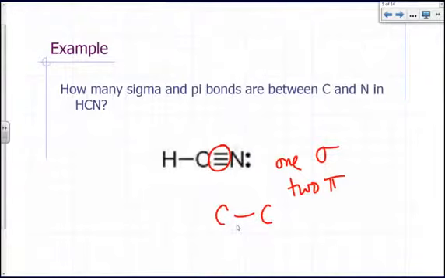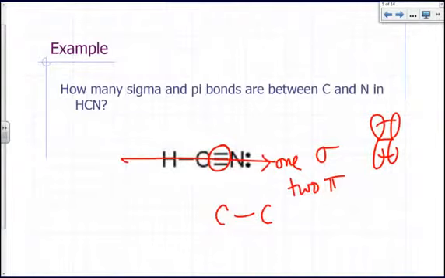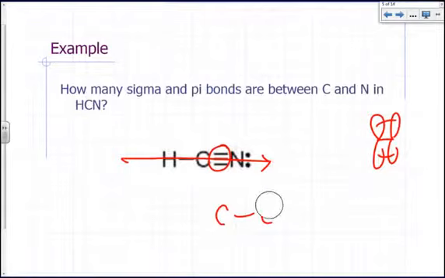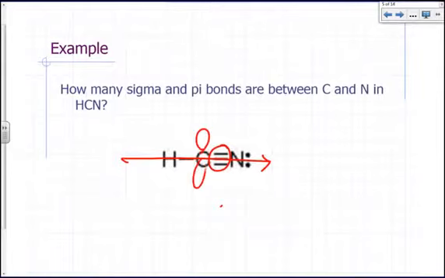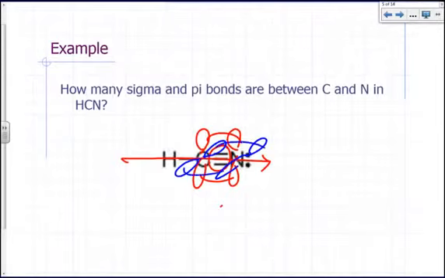And we can say that that would be due to overlapping p orbitals in the neighboring atoms. So for example, if this was your z-axis right here, then your pi bonds would be due to px orbitals overlapping and py orbitals overlapping. So that gives you two pi bonds, and then you have a bond between the carbon and the nitrogen